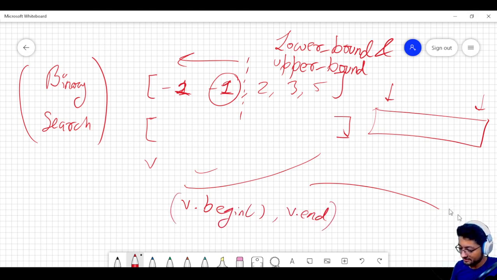But because it is decreasing, you just talk about from the back to the front. In this manner, I'm talking about from the front to the back. I'm doing a binary search from front to the back because it is sorted in an increasing manner. But because it's sorted in a decreasing manner, if I talk from back to the front, it is sorted in an increasing manner. I hope you get the point. So I only talk about the sorting in increasing manner. So instead of talking from front to back, I'll talk about back to front.